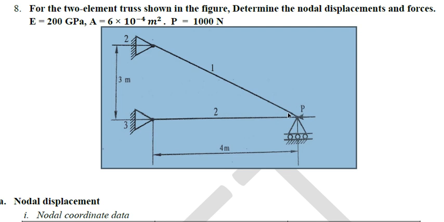So this should be node 1. And as usual, the starting point of the coordinate should be taken at the left bottom corner, as I told. This point where I have shown the arrow point, this should be the coordinate point 0, 0. The coordinate value for node 3 is 0, 0 now. The coordinate value for node 1 will be 4, 0. The coordinate value for node 2 will be 0, 3. Okay, so these will be the coordinate values.